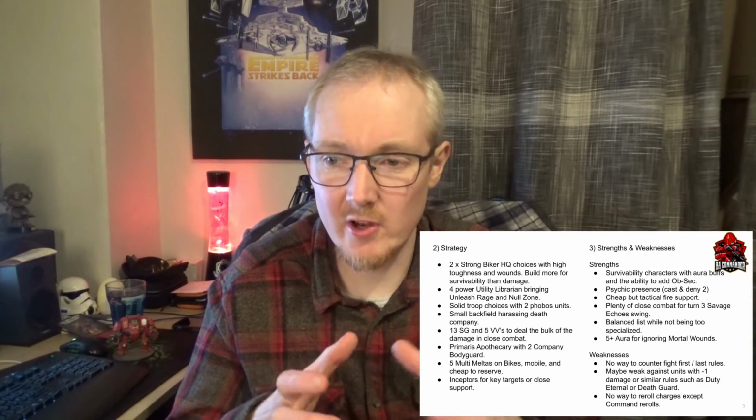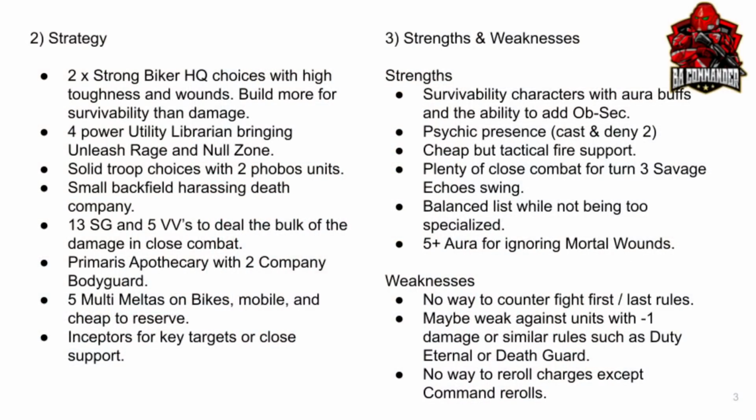So the strengths obviously are those survivable characters with auras, with the OBSEC, and they can generally be wherever you need them to be because they're on bikes, and bikes with turbo boost can move 20 inches per turn. We also have that important Chief Librarian psychic presence, giving us those key powers and the ability to deny 2 powers every turn. And we have some cheap but tactical fire support, and I guess what I mean by that